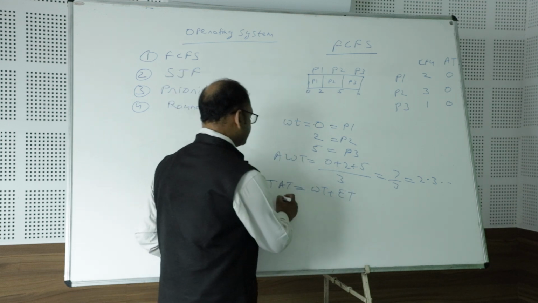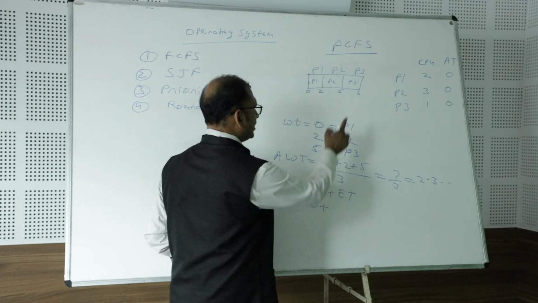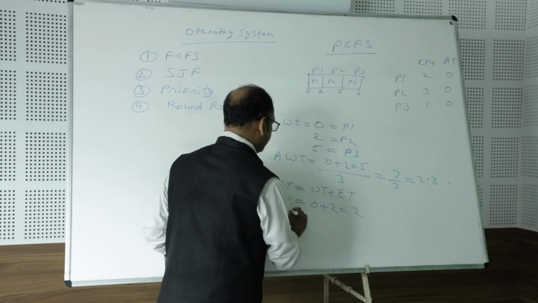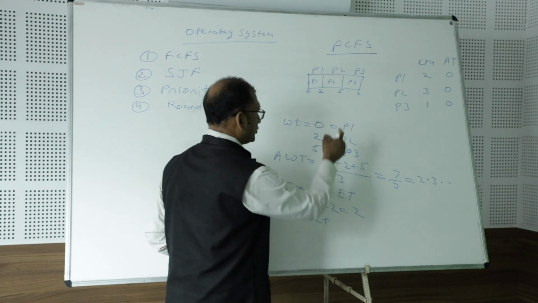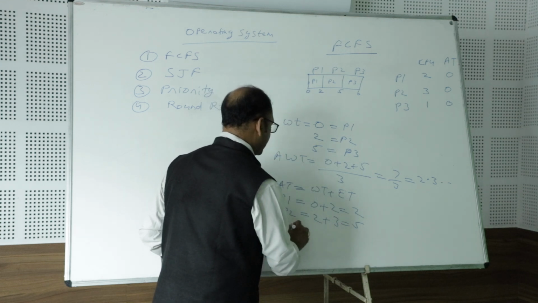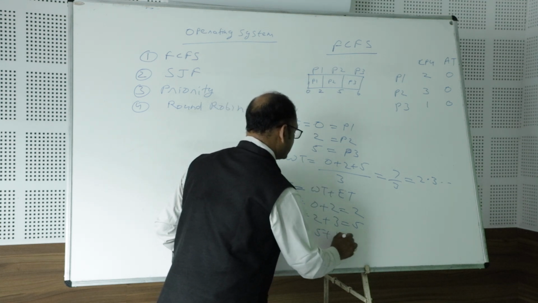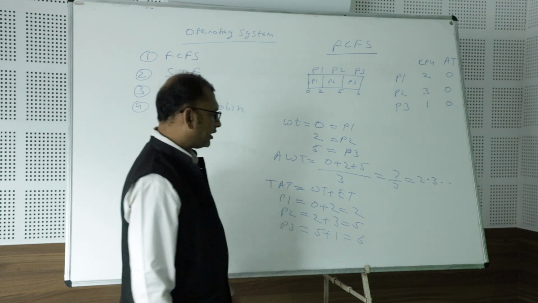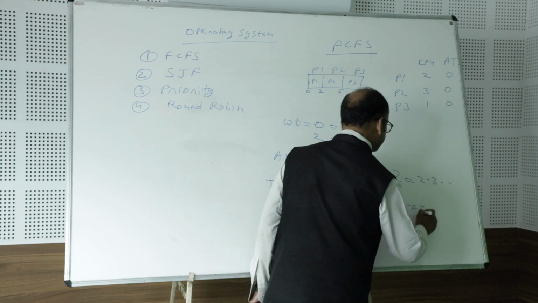So for P1, if we calculate, then waiting time is 0 and execution time is 2. So its turnaround time will be 2. P2 has got the waiting time of 2 and its execution time is 3. So its turnaround time is 5. And P3 has got the waiting time of 5 and its execution time is 1. So its turnaround time is 6. Now we can calculate the average turnaround time also. So average turnaround time will be